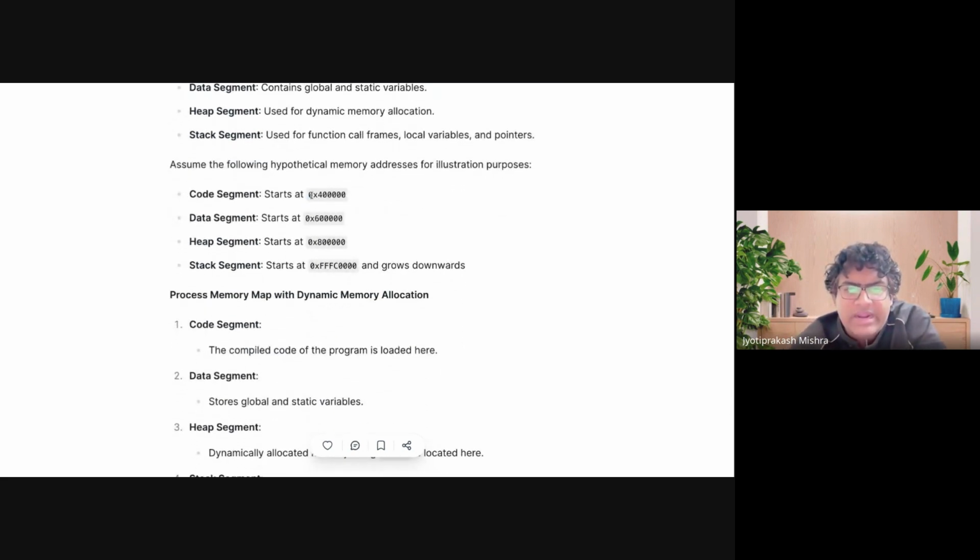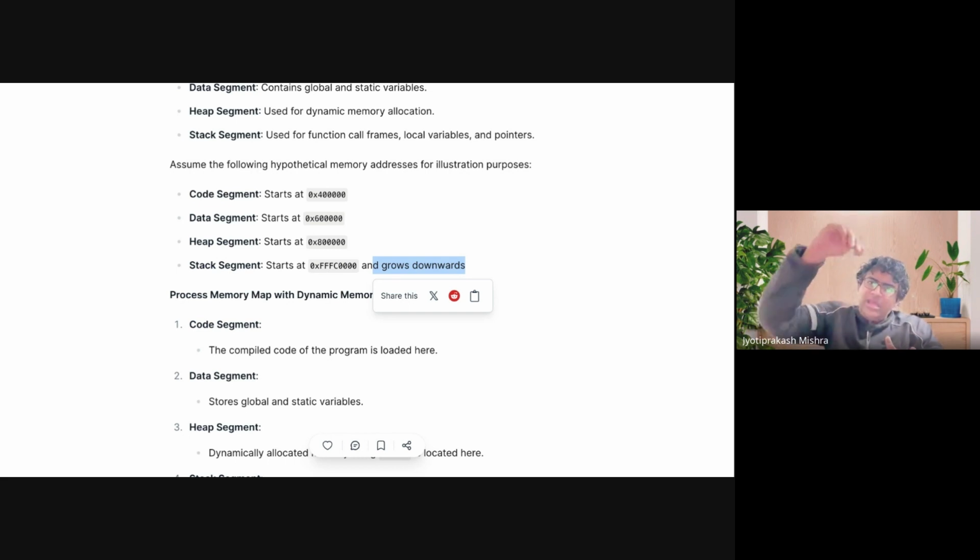ठीक है। मान लो हमारा कोड का जो एड्रेस है वो यहाँ पे शुरू हो रहा है, डेटा सेगमेंट थोड़ा सा बाद में शुरू हो रहा है, हीप थोड़ा सा बाद में शुरू हो रहा है, और जो स्टैक है वो सबसे एंड से शुरू होता है और वो डाउनवर्ड ग्रो होता है। देखो इसमें थोड़ा सा कंफ्यूज नहीं होना है, स्टैक और हीप जो होता है ना, मान लो यहाँ पे कोड है, कोड के ऊपर तुमने डेटा रखा, डेटा के ऊपर तुमने हीप रखा, हीप के ऊपर स्टैक नहीं आता। स्टैक जो होता है ना वो सबसे ऊपर चला जाता है और वो नीचे ग्रो करता है।